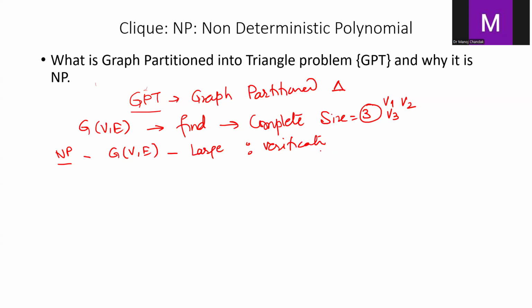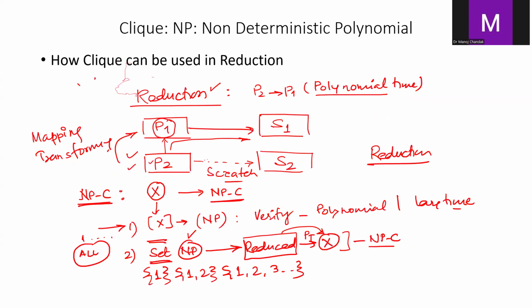So why GPT is NP is clear from the fact that if you try to implement this problem on a large graph, finding a triangle in that large graph may require some time. But once the triangle is generated, then verifying that particular set as a triangle set is done in